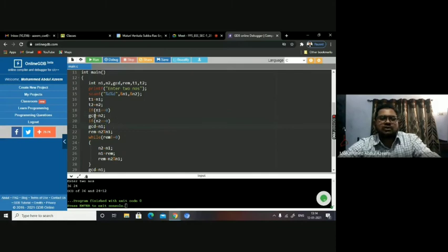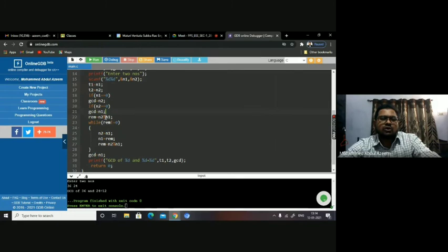If n1 equal to 0, it will take GCD as n2. If n2 is 0, it will take GCD as n1. When both of them are false, only then it has to go here. So I have to have this as an else if. Okay, then my program works very fine.